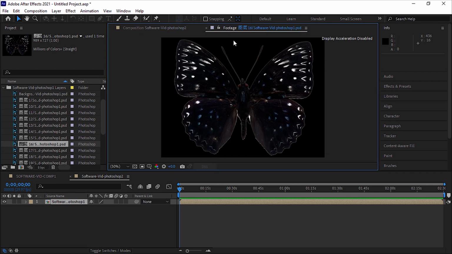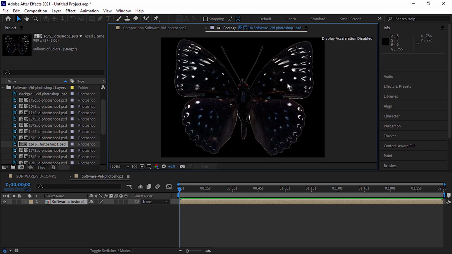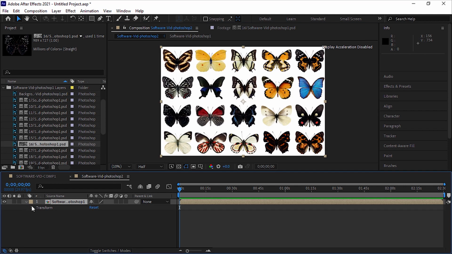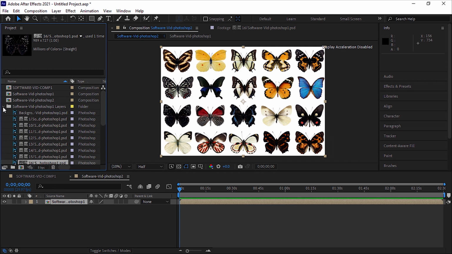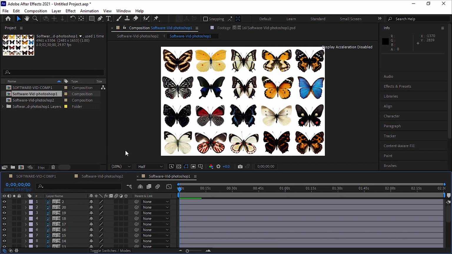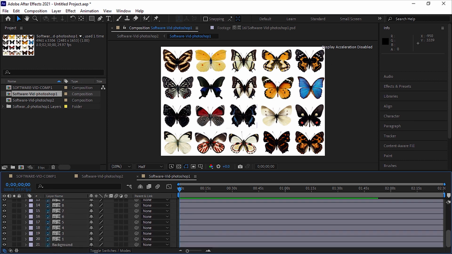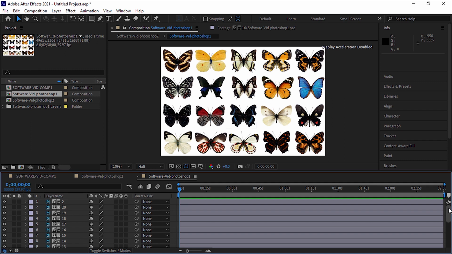Another thing to know about the composition created from a PSD file is that, by double-clicking on its name, we can open the relevant timeline. Of course, this method is also used to open other compositions. In this case, the timeline related to the selected composition is opened in a separate tab next to the previous composition, and also a preview of its contents is displayed in the composition panel.